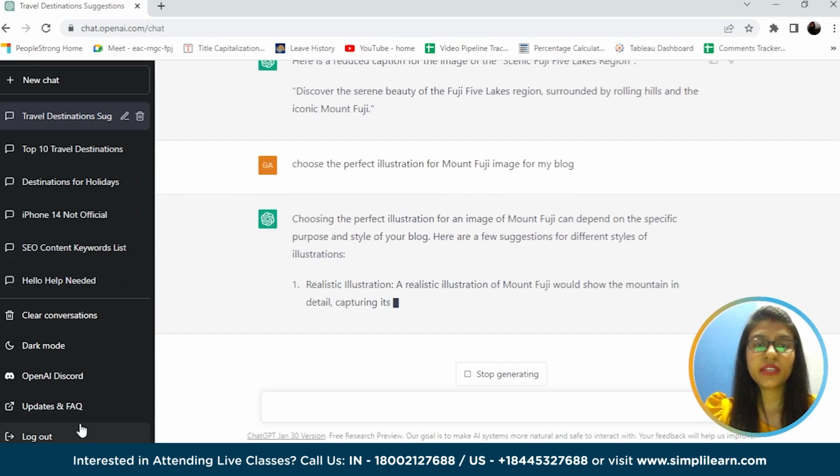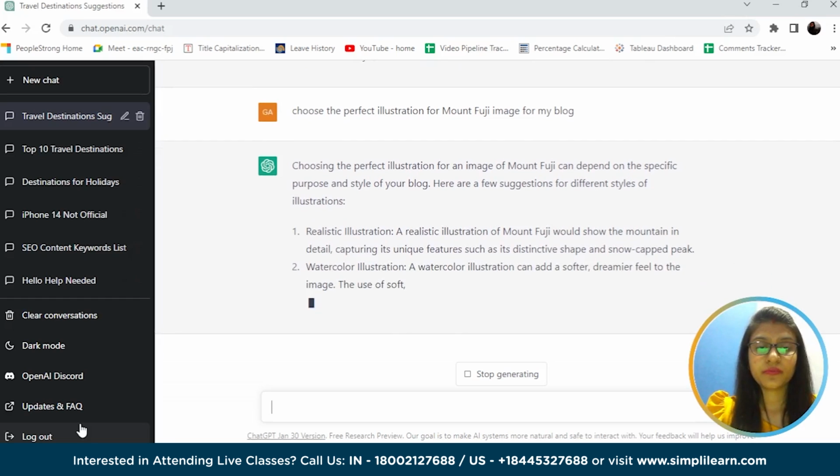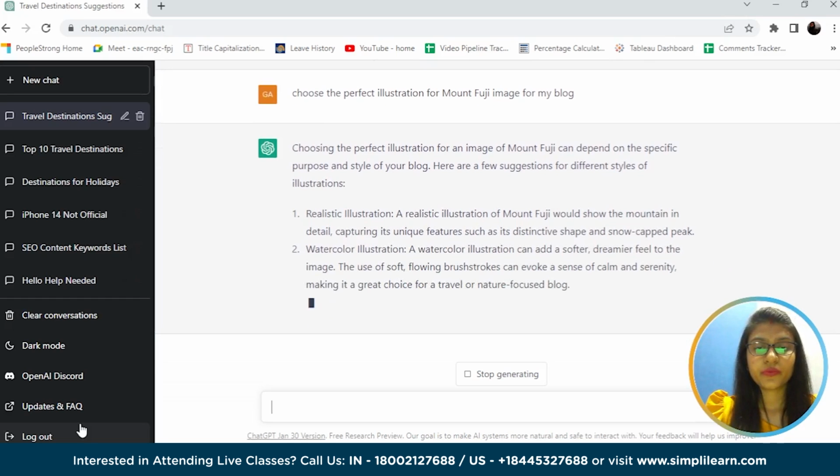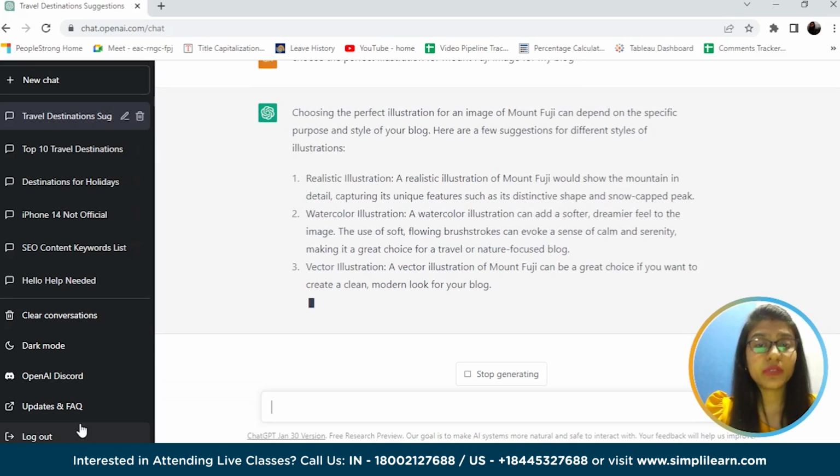So you can see here that it is not choosing any image, but it is again providing us the suggestion of what we can choose. Again, this is the limitation that it is not showing us any of the images.